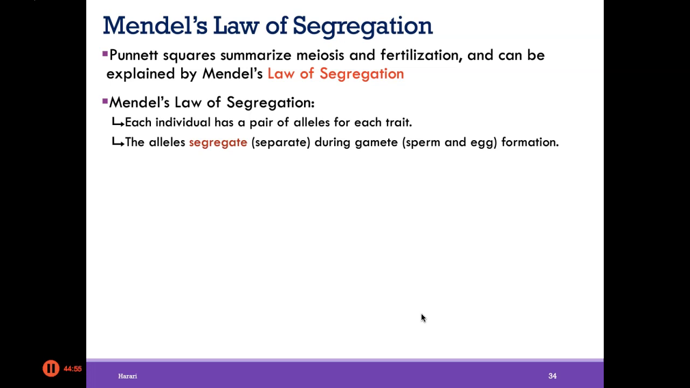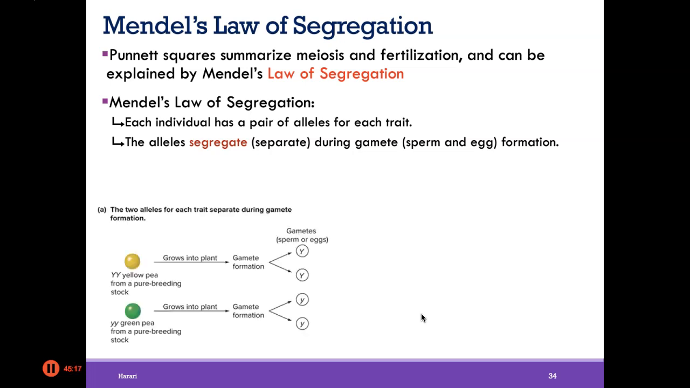alleles segregate, meaning they separate from each other during gamete formation, right? So when sperm and egg are made, we're no longer diploid. We don't have two copies of every allele. We have haploid sperm or egg. The sperm or egg will either have one or the other because the two pairs of alleles separated from each